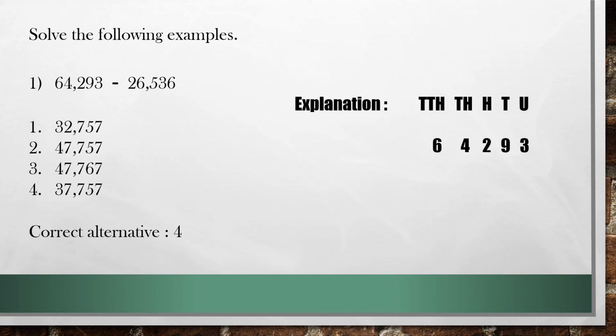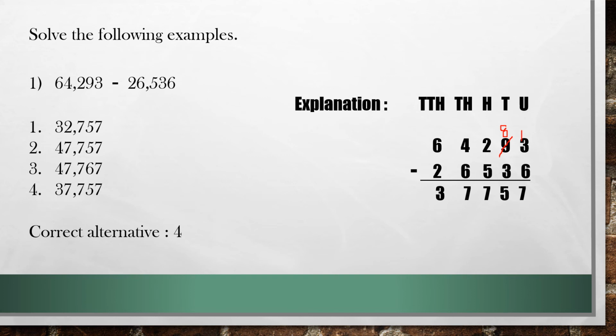That is 64,293 minus 26,536. So here we will be borrowing the numbers. In addition, we carried the numbers, right? Now we are going to borrow the numbers. Now can 6 be taken from 3? No. So you borrow from the digit in the tens place. We take 1 from this 9, so it becomes 8. And here it will become 13, because we are borrowing from the tens place, so it is not 1, it is 10 that comes to us. So 13 minus 6 is 7.